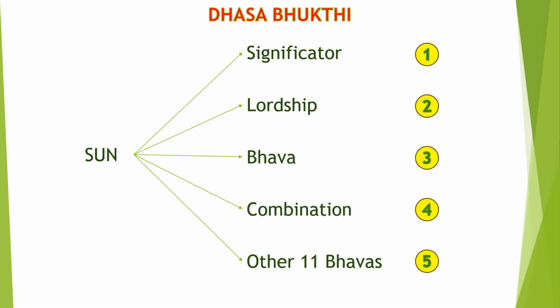It also benefits the bhavas, other bhavas also. Whether it is positive or negative will be decided based on certain rules. So, what are all the rules here? The first one is the significator, the second one is the lordship, the third one is the bhava in which it is, and the fourth one is the combination of the planets that are in the